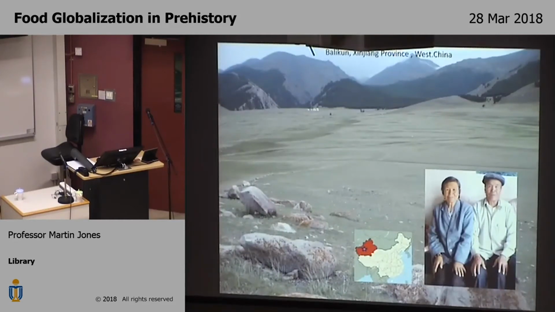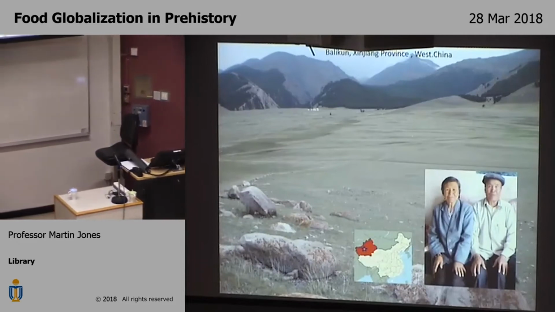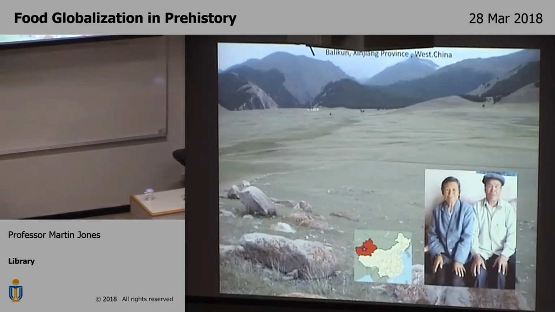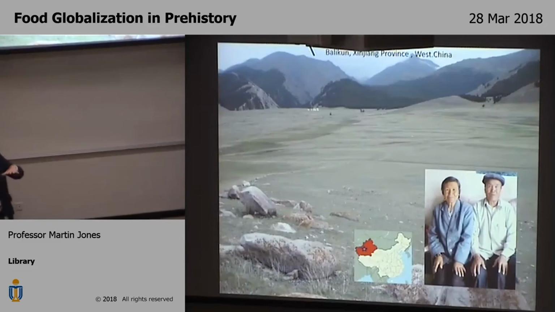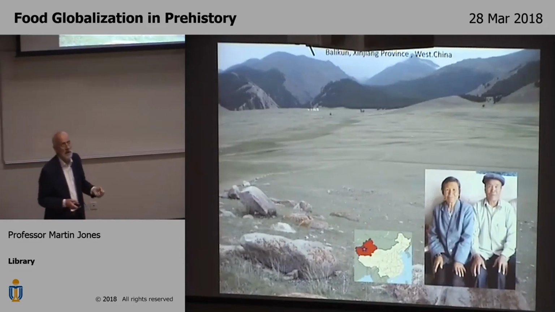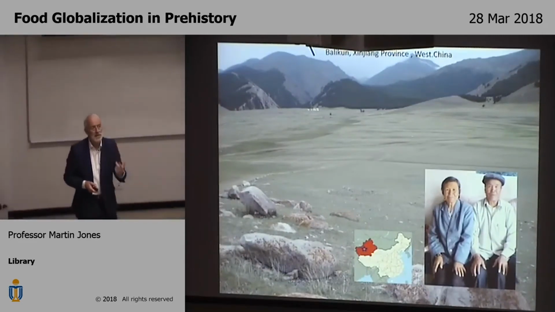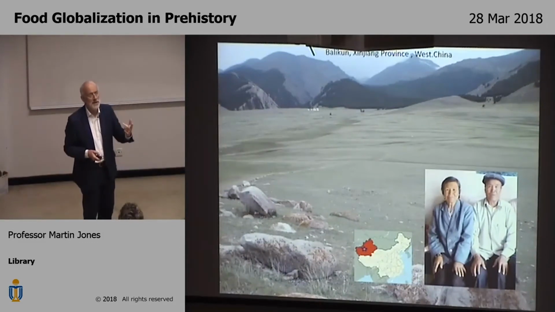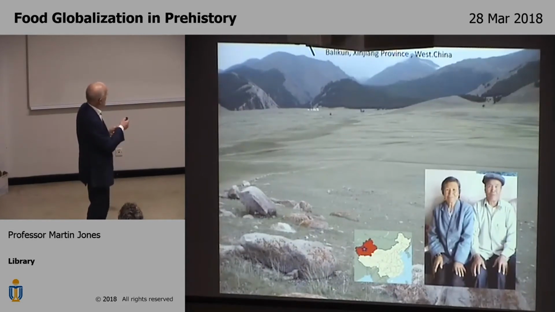The big river valleys and floodplains which are traditionally associated with agriculture, like the Yellow River, the Yangtze, the Nile, the Euphrates, are actually secondary, and these foothill locations are primary. And this area, which is on the Tian Shan in Xinjiang province, the area of Balikun, is